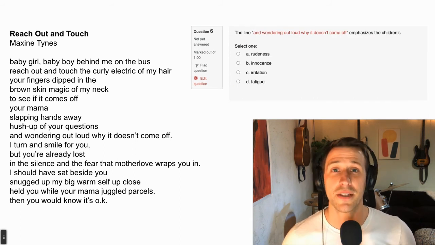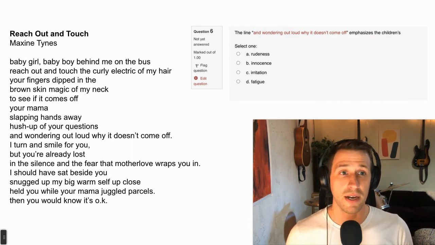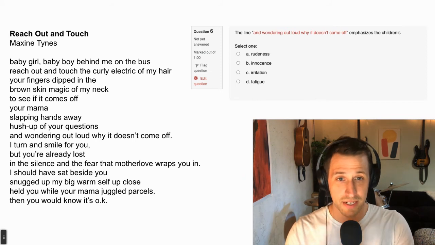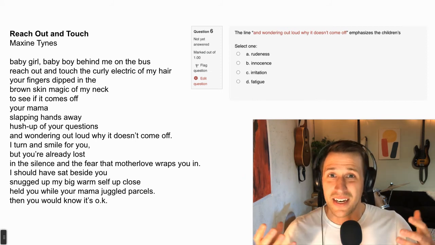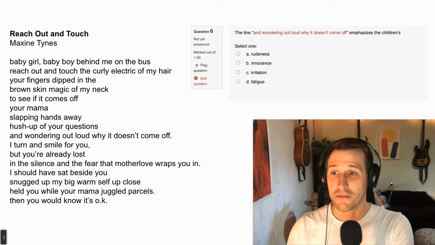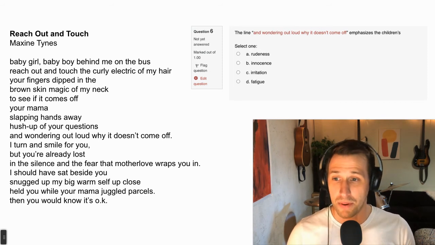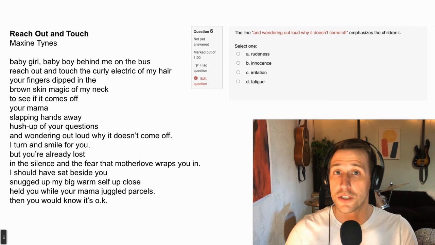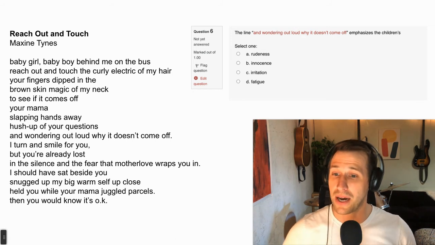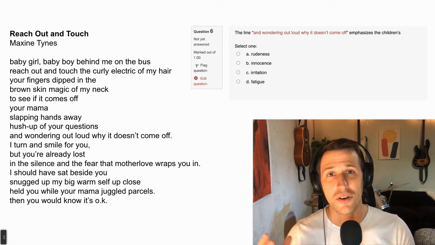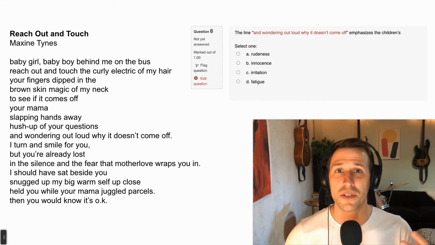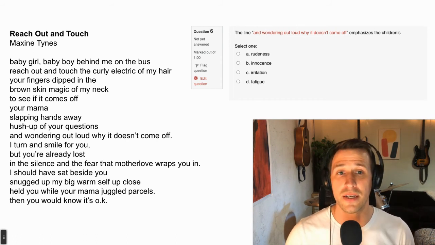That's maybe related to the kids wondering out loud, why doesn't it come off? And this idea, like we said, there's an innocence here. And I think the speaker recognizes it. It's, again, a very difficult, uncomfortable moment. It deals with issues of race and a lack of racial understanding. But at least judging by the speaker's reaction to turn and smile and to wish that they could have handled this moment in a more sensitive way than the mother handles it.